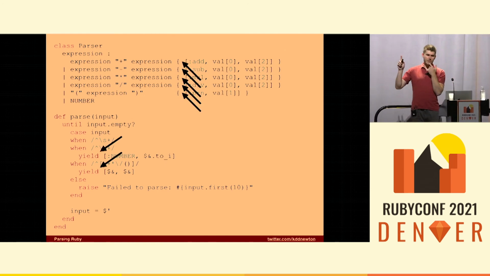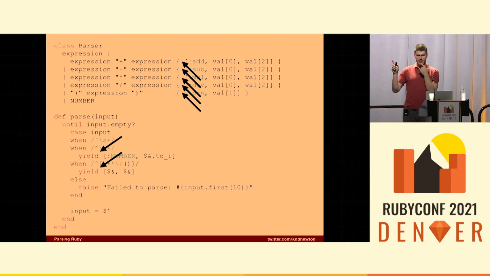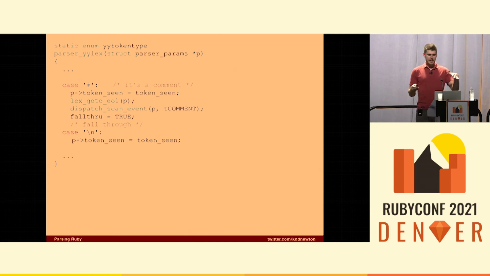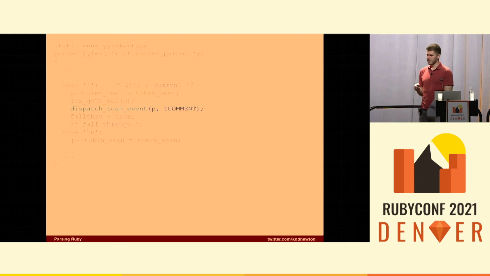What that is to say is when Ripper finds a token, initially, it is going to fire a scanner event. I'm using this in quotes because that doesn't really mean anything to a lot of people, but it's a scanner event. Up top, anytime a rule is reduced, you remember when I showed you what reduced meant at the beginning, it's going to fire an event whenever a rule is reduced. So you're going to get events for these different things. I'll show you the syntax for what that means. Internally to Ruby in the source, this is in parse.y. You can see how this kind of works. It found a comment, so it's going to dispatch a scan event for that comment.